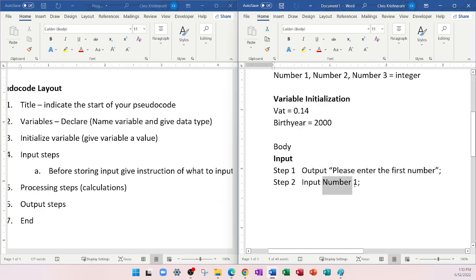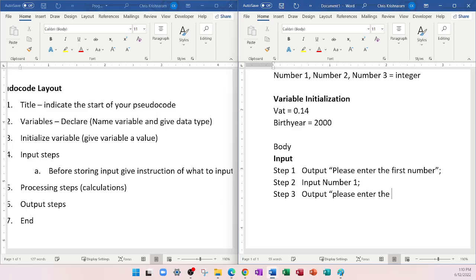Any variable that you're going to use and need to output on the screen needs to be by itself, no quotation marks. So step 3 now, the same output,